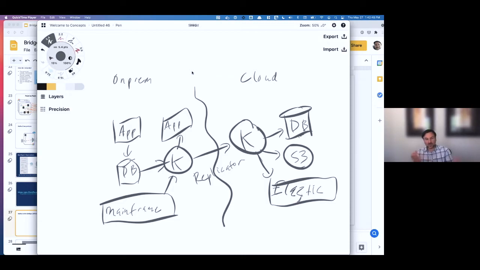And so, IBM is a great partner of ours. They have a connector that works with their mainframes that will do change data capture, take all of the changes that are happening inside that mainframe, and put them inside of Kafka. And again, once it's here, what can you do with it?